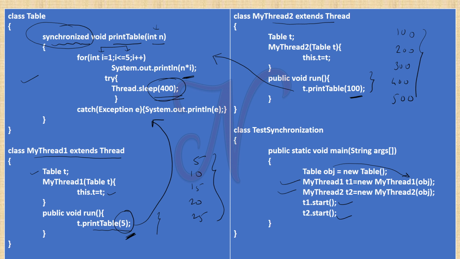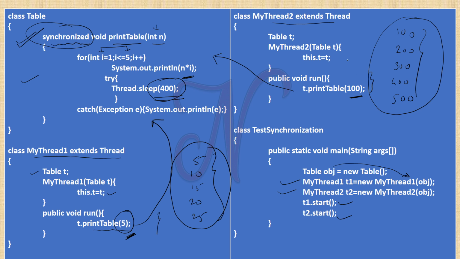Okay, so if one thread goes to sleep, then the next thread runs until the previous thread wakes up. By using the synchronized keyword, if one thread is printing the answer or performing some operation, the next thread goes into lock mode. And if the previous thread finishes the operation, then automatically the next thread wakes up and the previous goes into lock mode. So by using this way, if you use the synchronized keyword, then the output is 5, 10, 15, 20, 25. After that 100, 200, 300, 400 and 500. They do not mix up with each other.